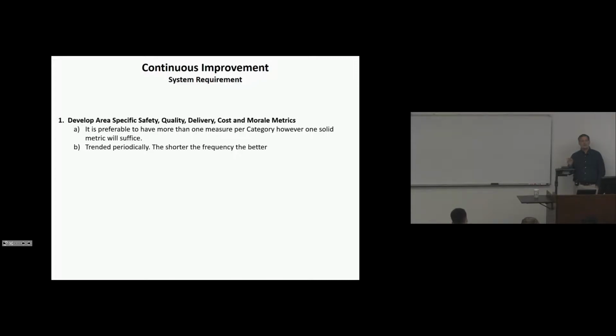Now, I should clarify that a little bit. We use monthly. I kind of like monthly because this isn't a react to the data thing. This is more, how are we doing as a business? Are we improving? Pareto data for each measure. Develop a target line for each measure.